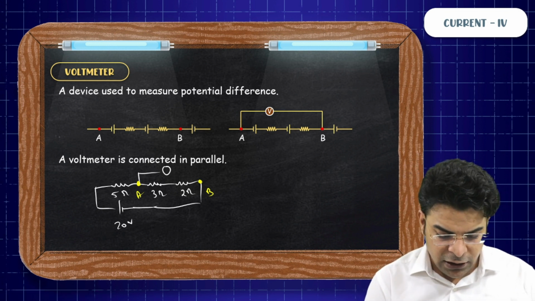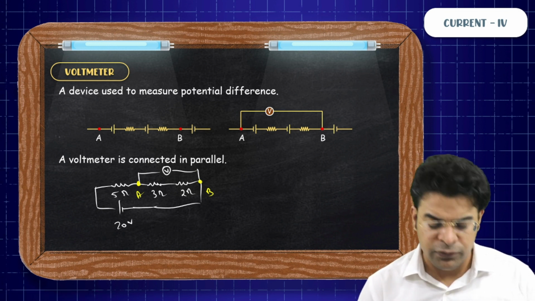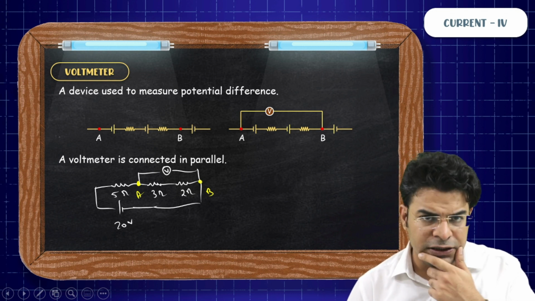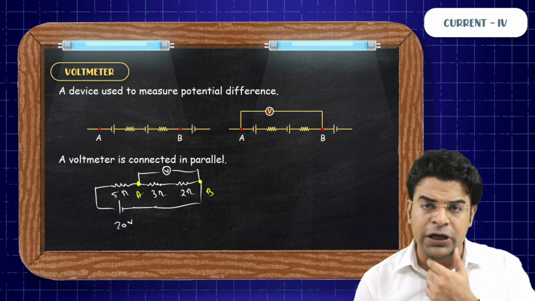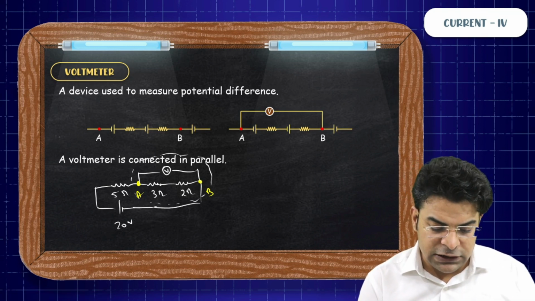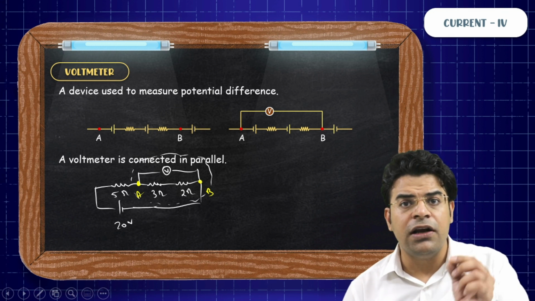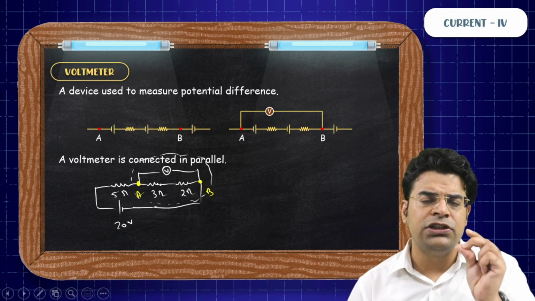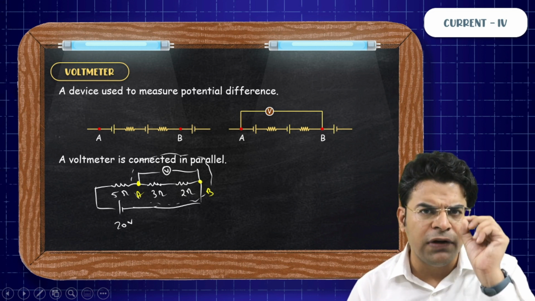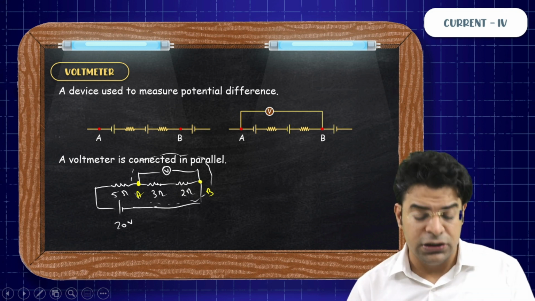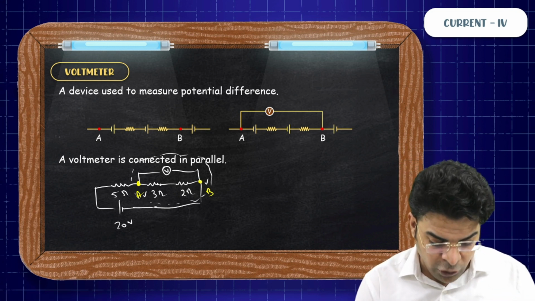When you connect here a voltmeter between the 2 points, since voltmeter is a real world instrument, yes, so on connecting the voltmeter, the resistance of the part will change. If the resistance of the part will change, the current flowing in the circuit will change. Yes, sir. The question is, what has to be the value of resistance of an ideal voltmeter so that it do not change the potential difference between point A and point B?